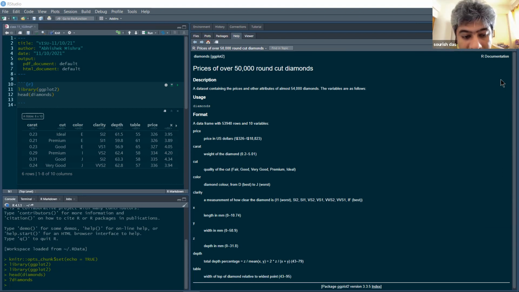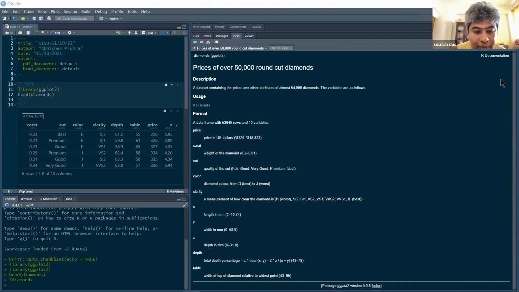In this case, they are calling it length, width, and depth. And then depth as a total percentage, and then table. Table is what they call the flat facet on the top of the diamond after cutting. So lots of different features are available, and we will try to check out some of the behaviors.